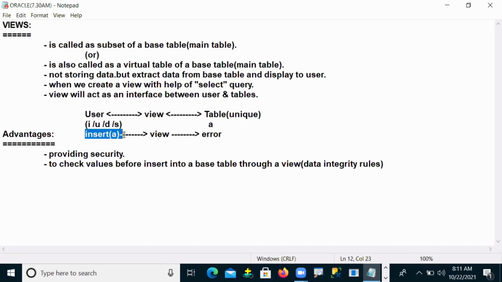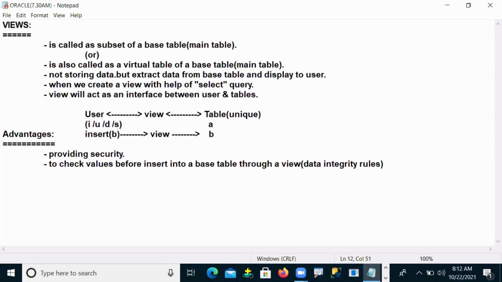Okay, so this is what happened. As per the error, the user now sends B. Insert B is successfully accepted by your table, because B is unique data.